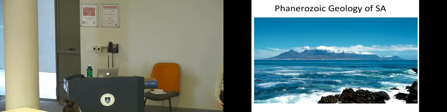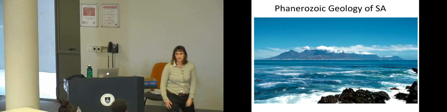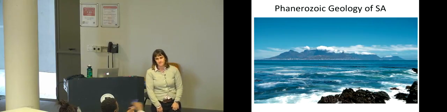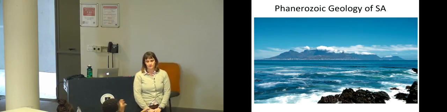So any questions? Yeah, I had a question about the outcropping of the cratons. Because of the layering, it feels like there was a lot of layers, so why do we see this stuff very, very